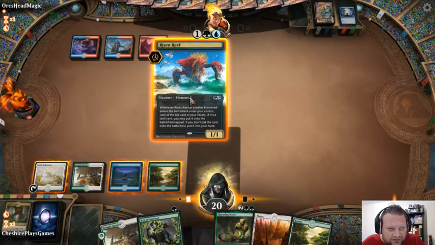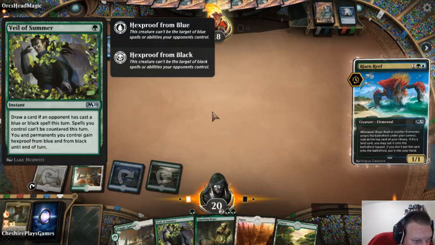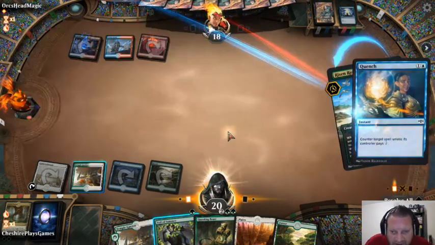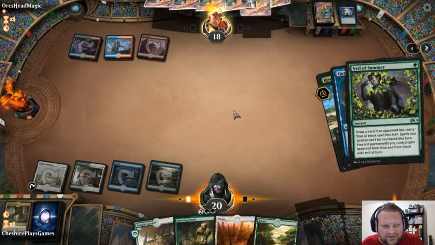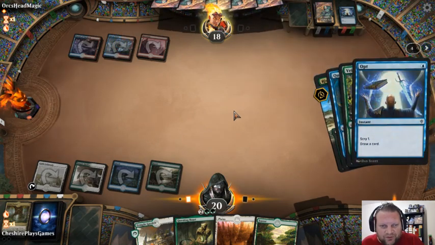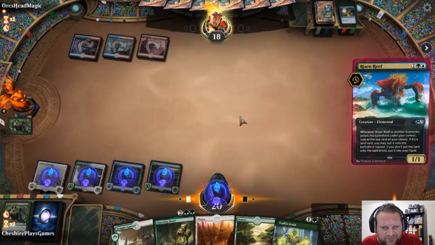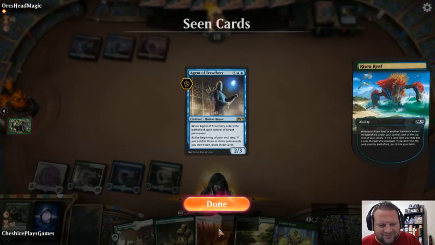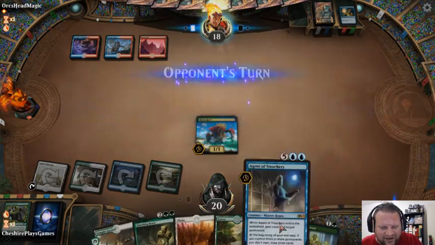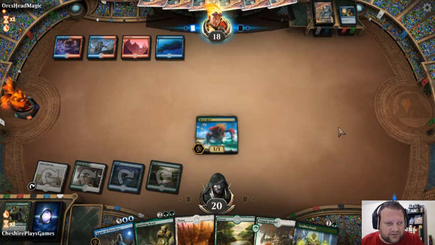So what we are going to do is we're going to Risen Reef here. I have to read this for a second. So draw a card, cast a blue or black spell. Okay, great. So I'm going to Veil it so that it definitely goes into play. I was hoping that's how it read. Opponent ops? Yeah, sure, go for it, buddy. Yeah, that's what we want to see. Can't touch this. Well, for now. Now you can touch it. Oh, sad face. Okay. So...